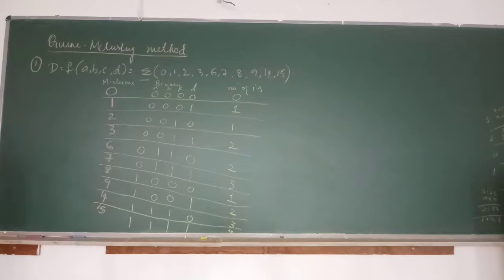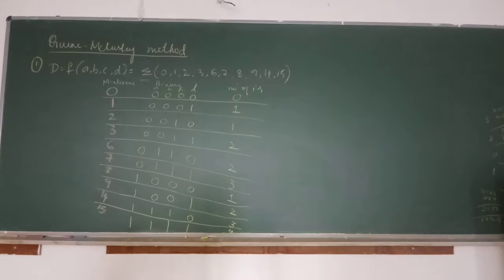Just look at the table. We have written the first table. Can you see? Yes. So we have written the first table. What is the first table? We have to write the number of ones present in each mean term.